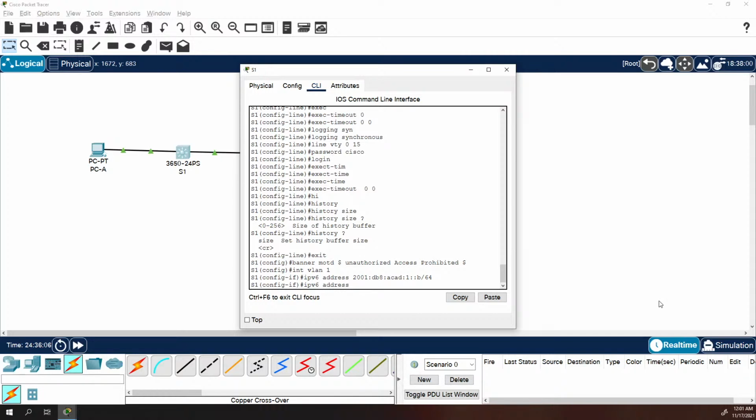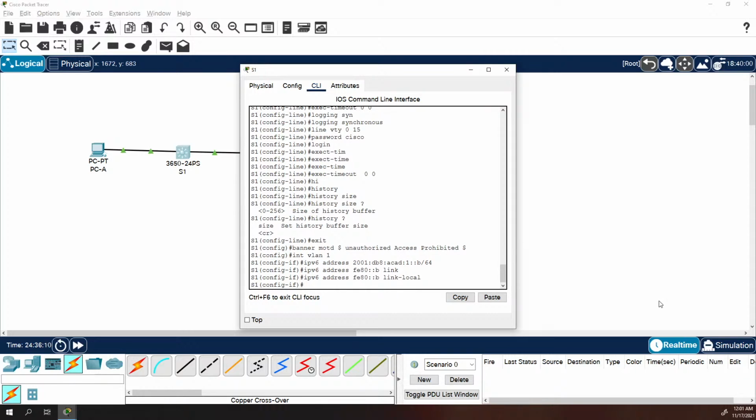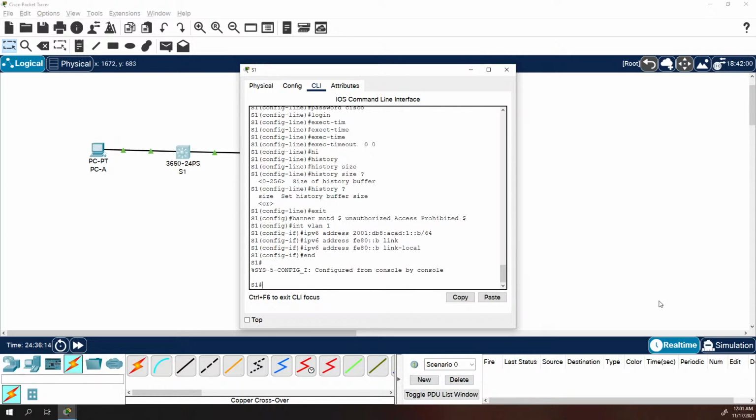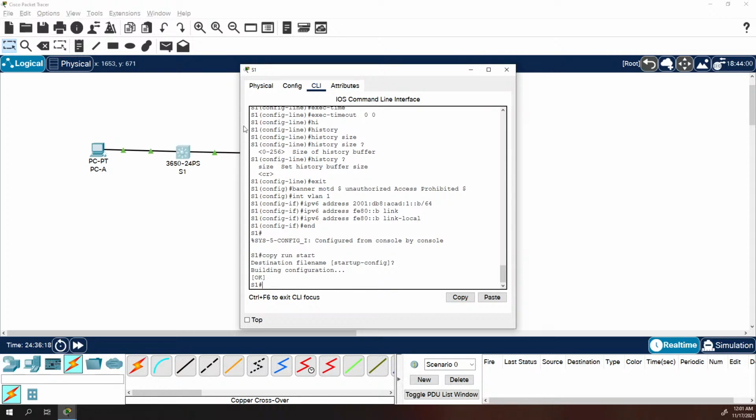ipv6 address FE80::B, link local this is going to be. And then we can do our copy run start. Fantastic. And it wants a screenshot of the show